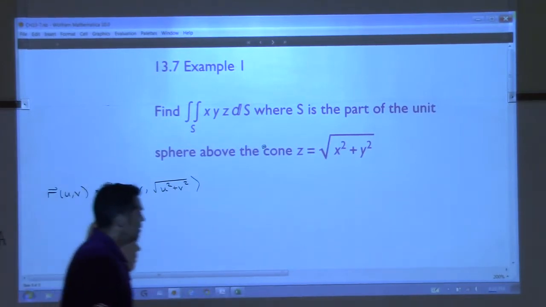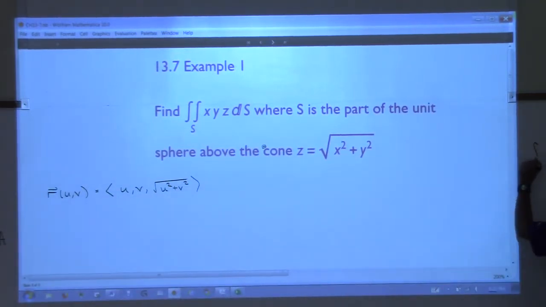So the integral, I'll put it over here, when we're trying to do the double integral over S of some function of x, y, z with respect to surface area, this is the double integral over S of our function evaluated along the surface, and then times the magnitude of the partial of r with respect to u crossed with the partial of r with respect to v dA. Sorry, this is over the domain D. So that's the note that I just had up